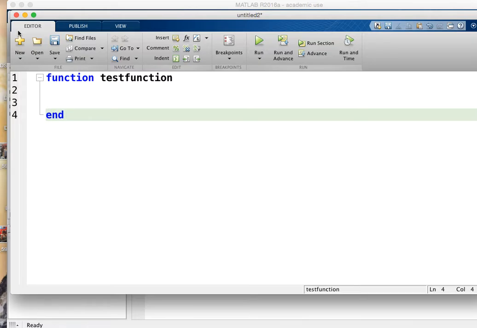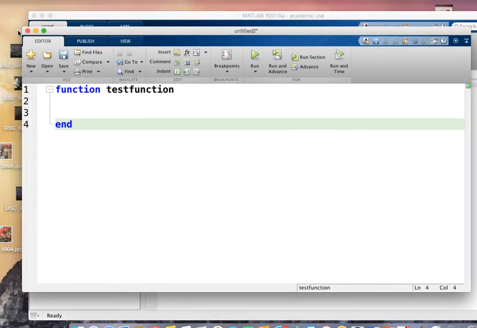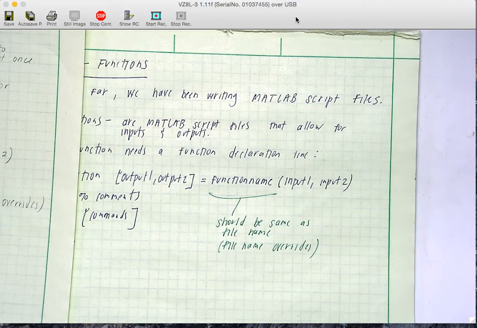I think some people at first feel like function files are a different type of file, but they're not. They're just both M files, and they can be converted very easily from one to the other. Okay,